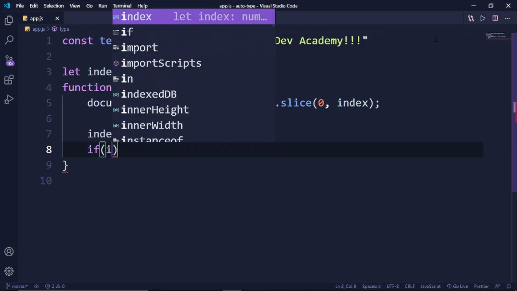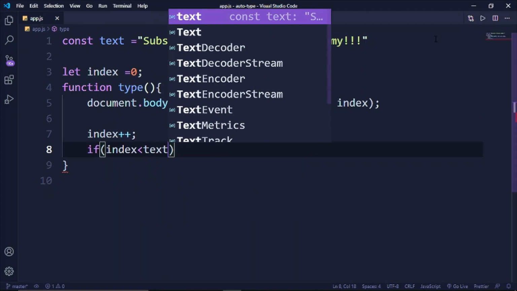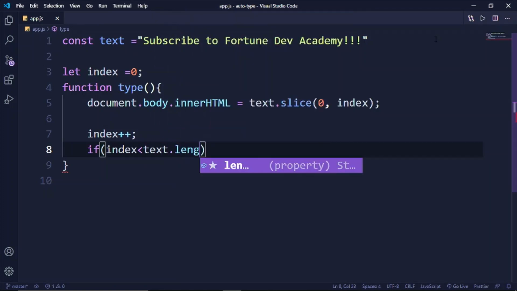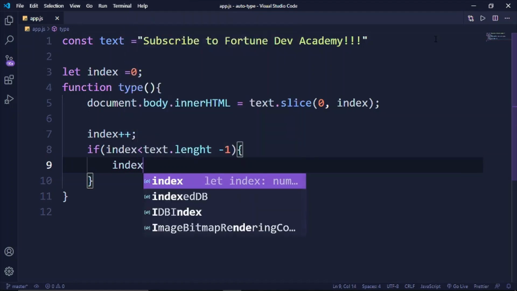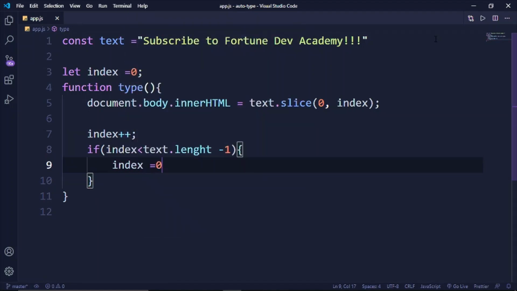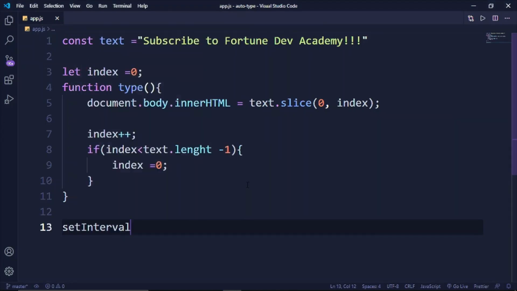Then let's do an if statement. Let's say if the index is less than the length of the text minus 1, you would like to set the index to 0. Okay, that should work. Wait, we haven't called this, and we haven't set an interval, so let's just do